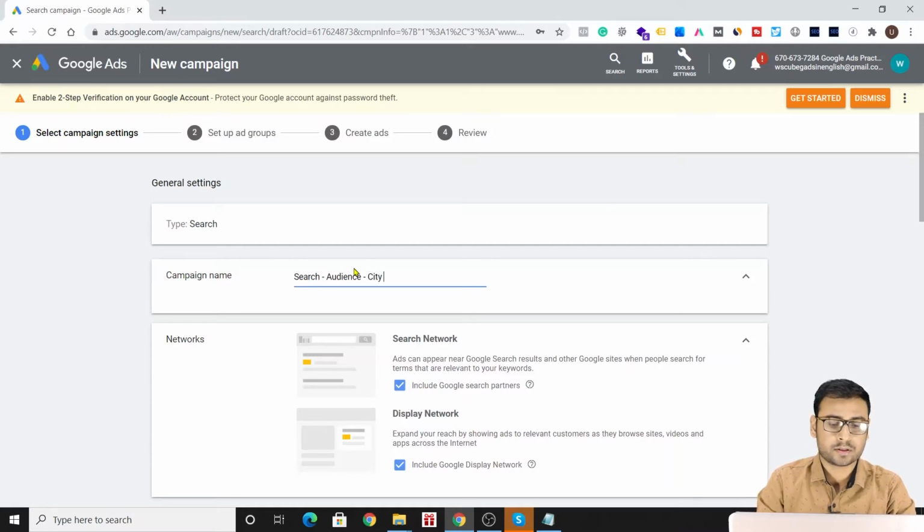You can also write your city. If you are working in a team, you can also write the name of the person creating the campaign, in this case Umar. So the campaign name gives you an indication what this campaign is all about and what we are targeting.